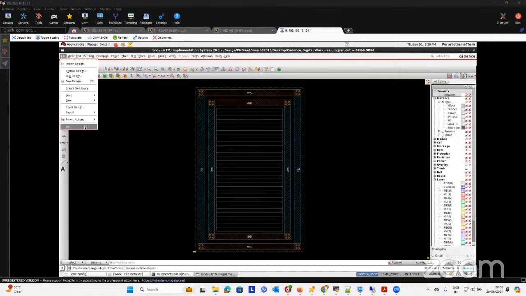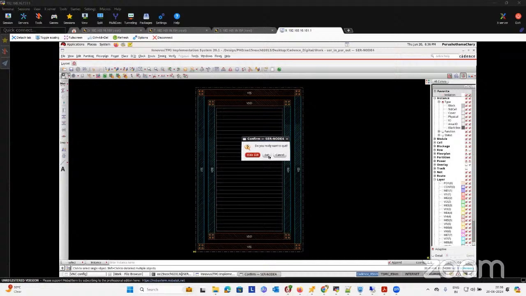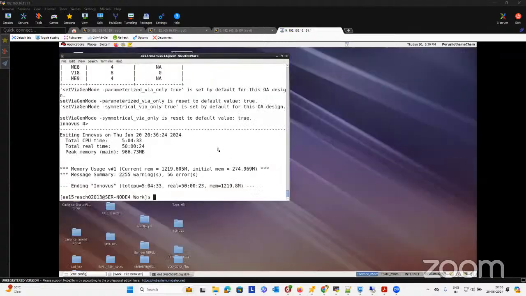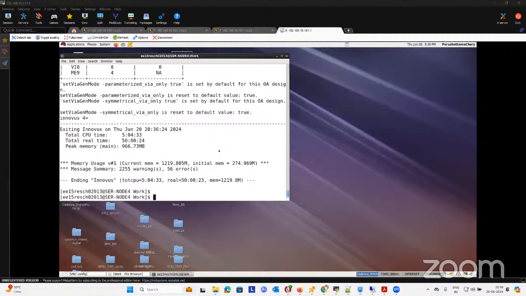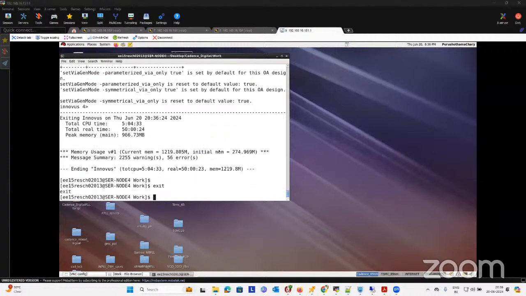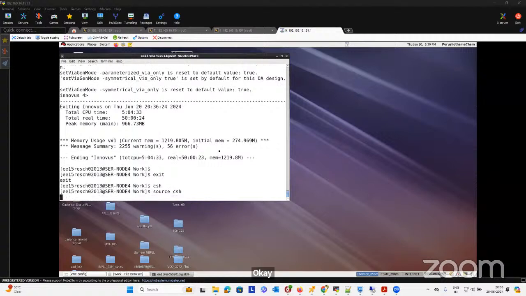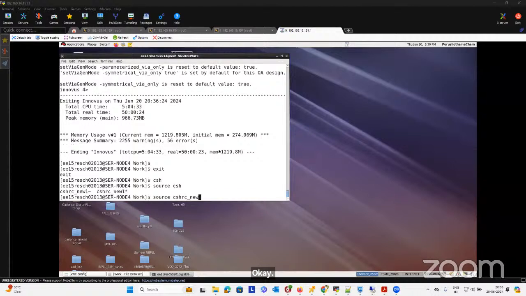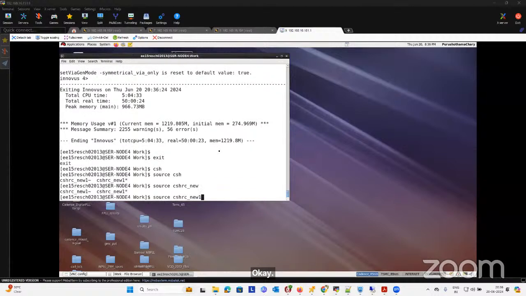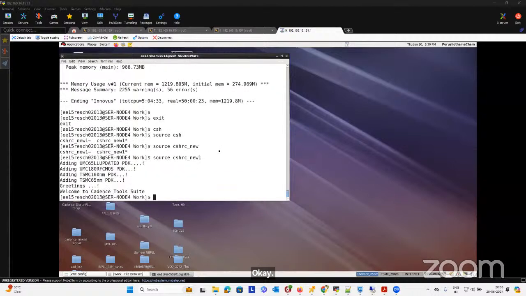I'll exit the tool and I'll show how to launch it. Okay, after sourcing this,